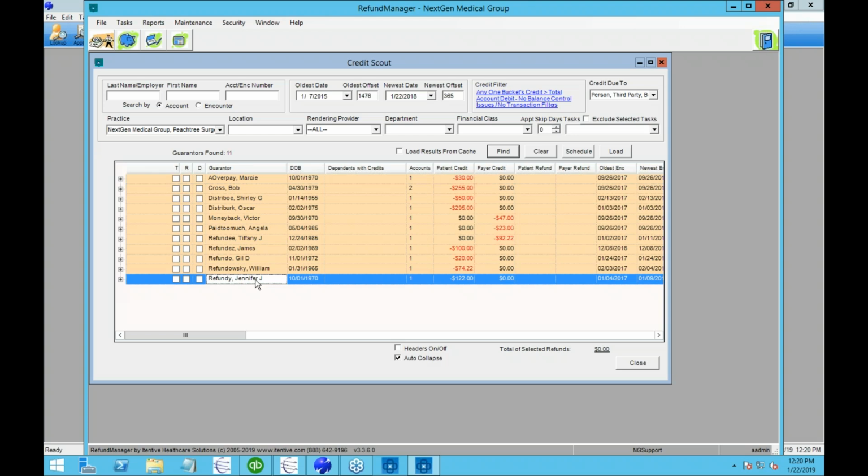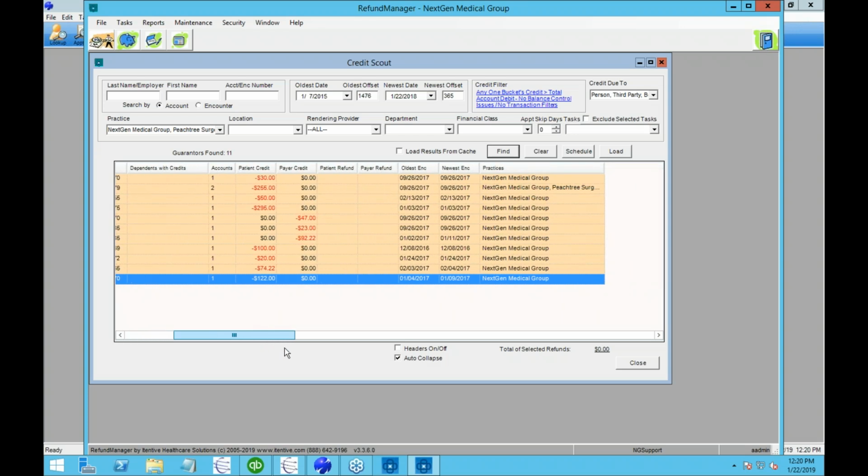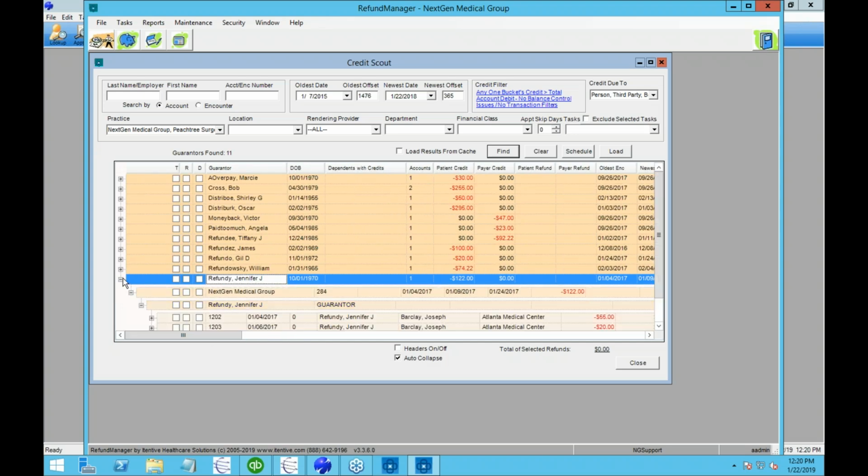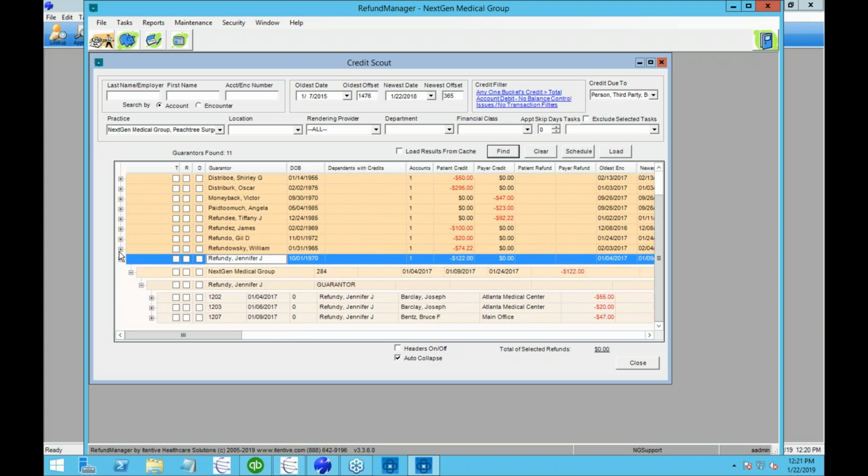So down at the bottom here, we'll start with this one for Jennifer. We have a credit on Jennifer of $122, and that's in the patient bucket. The insurance is nothing. And then it'll show us things like the oldest and newest date of service, and since RefundManager is multi-practice aware, it'll show you the practice or practices where this person is a guarantor and has an account. To see more information, we can click the little plus boxes here and expand down to see the encounters